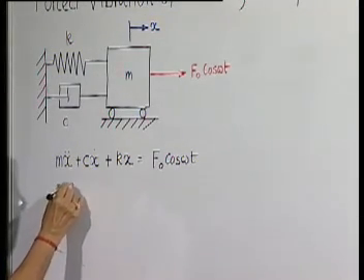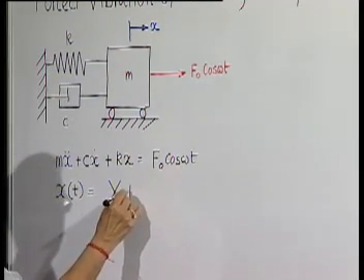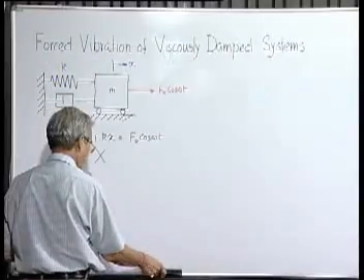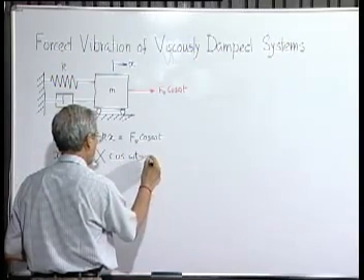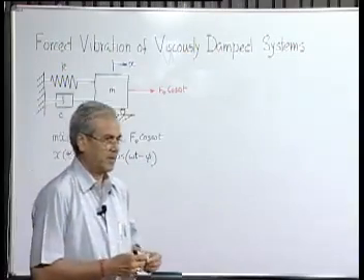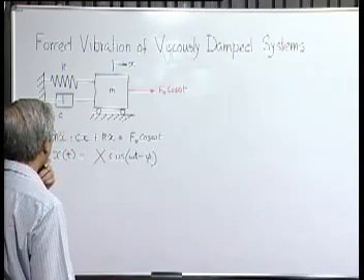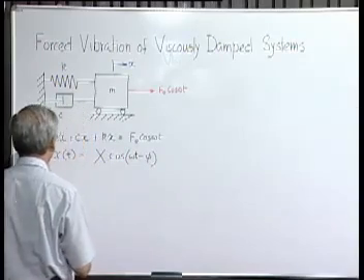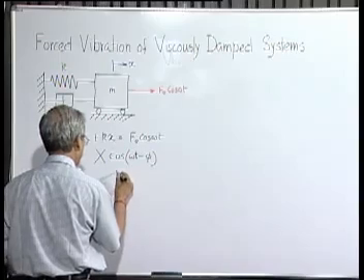So, we note that the solution in the steady state will be of this form. Next, what we did, we substituted this in this equation of motion and found out the values of x and phi. That means, the amplitude of the resulting vibration x will be F0